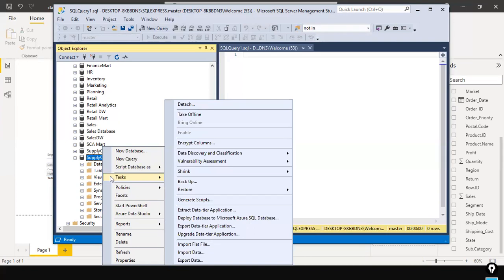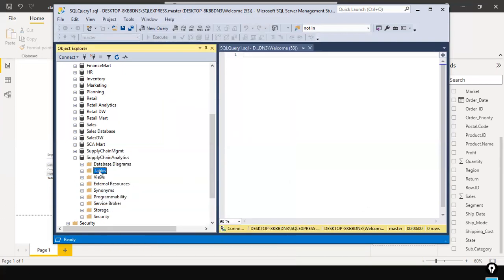What I'm trying to do now is, the data is available in an Excel file. I wanted to load that Excel data into my SQL Server this time. Instead of loading the Excel data into Power BI Desktop, I want to load the data from my Excel file into this database, the supply chain database. So for this, what you need to do is,